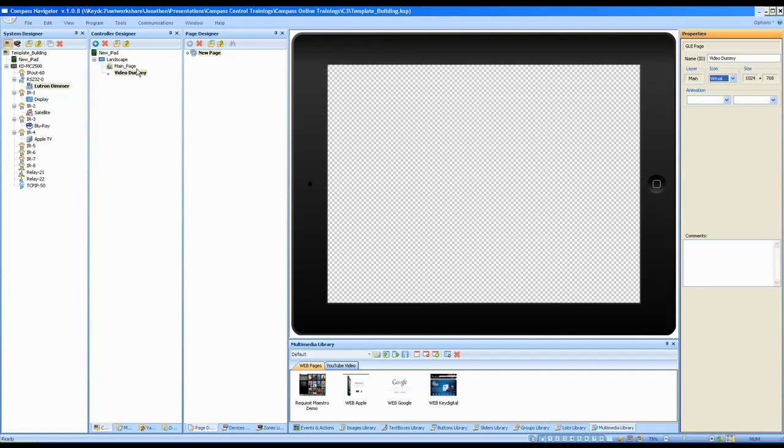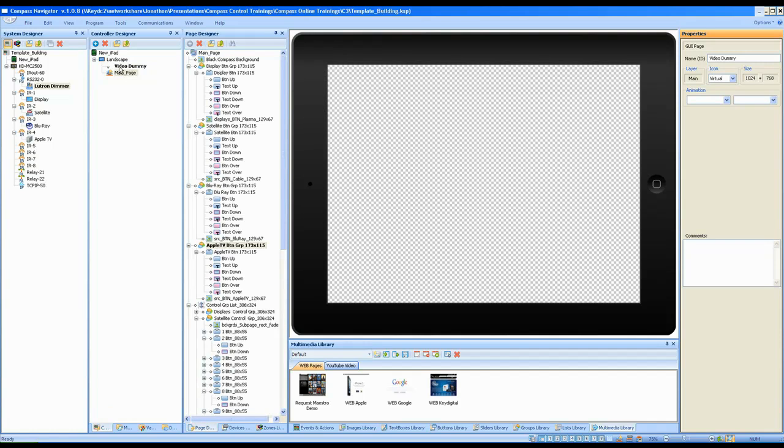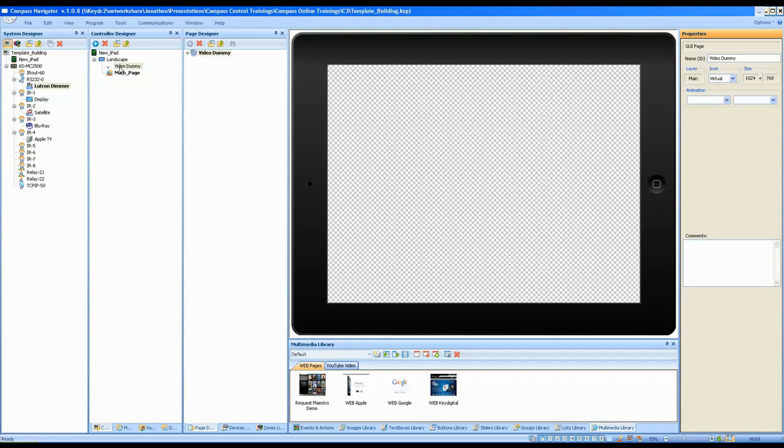And now what's important about this video dummy page is actually it must be, in many projects, the top page in the system. In other words, as things are layered in this tree, that's actually the sequence in which these open. If you were to open up this system, the Compass Navigator app in your iPad, the video page now being on top would open before the main page. And so again, if this is just a dummy page,